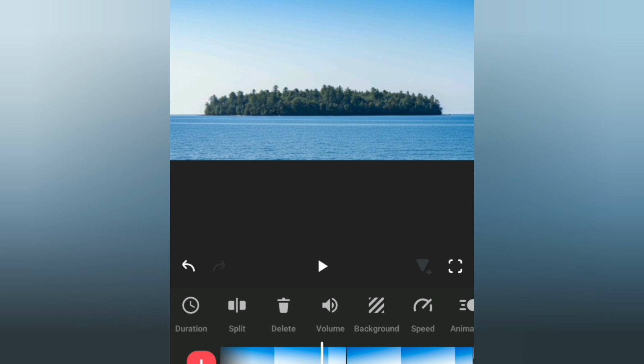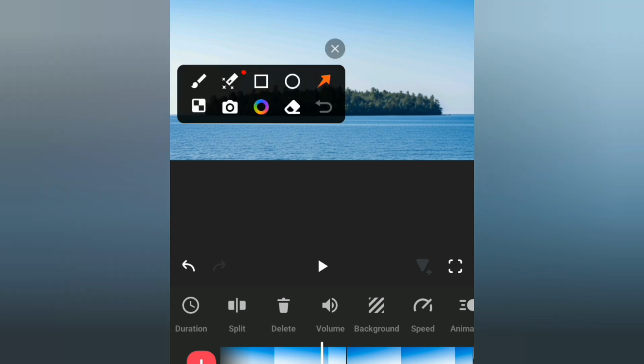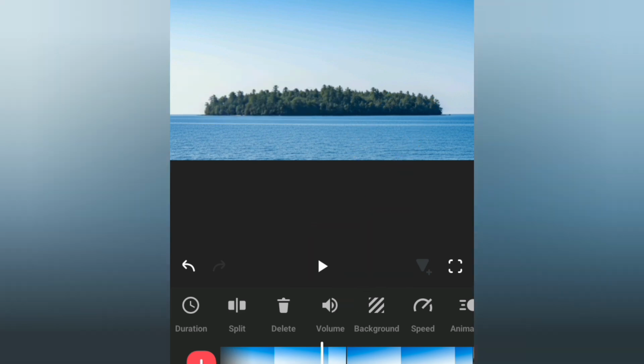I believe everybody knows delete. Look at it. I believe everybody understands what is meant by delete here. I believe everybody knows the volume. I believe everybody knows that one. So let's talk about